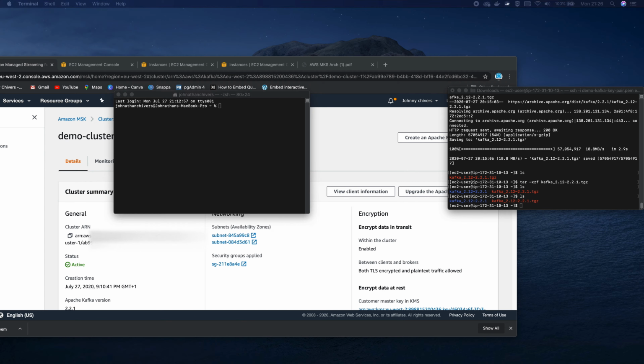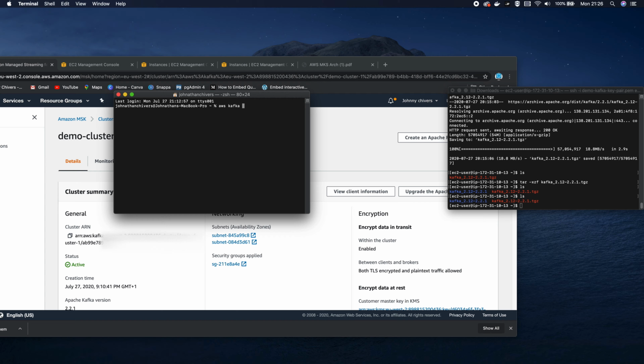Okay, so what we're going to go and do here is use the cluster ARN to go get the Zookeeper connection string, which is going to let us set up Kafka. So to do this, you have to have the Amazon CLI tools installed. If you don't have them installed, again, there's a video on this channel on both how to do it for Mac and Windows. Please go look at them. Once you have them installed, join us back. So it's aws kafka